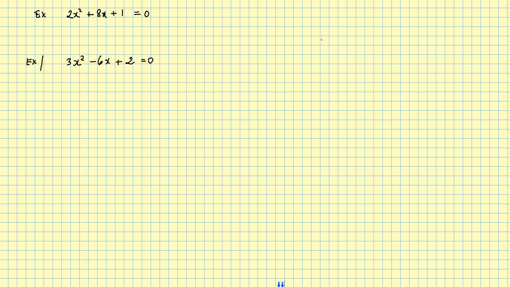Okay, last question. I'll just do one more. Let's take this example here. So we have 3x squared minus 6x plus 2 equals 0. Well, I'm going to divide everything by 3. So I end up with x squared minus 2x plus 2/3 equals 0. I will get x squared minus 2x equals negative 2/3. x squared minus 2x plus 1 squared equals negative 2/3 plus 1 squared. Now this goes to x squared minus 2x plus 1, which is x minus 1 all squared, and that equals,